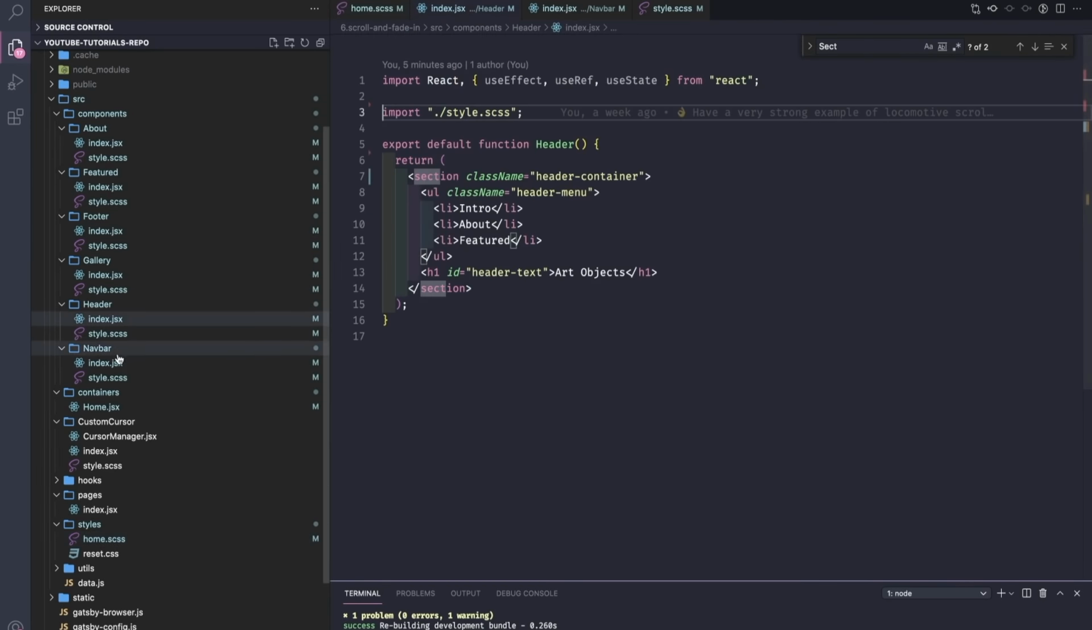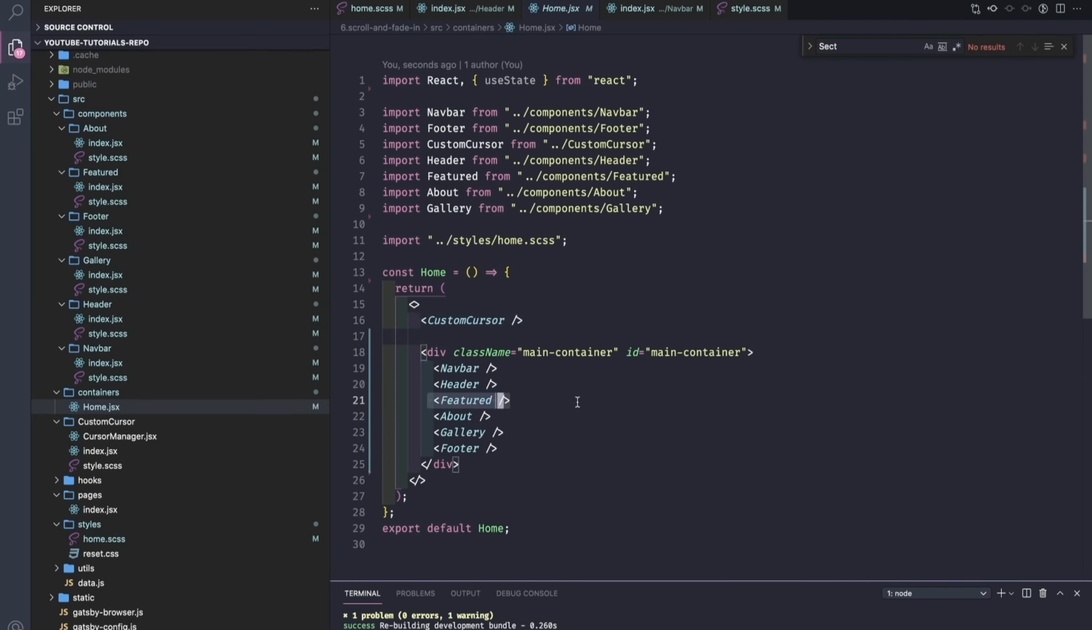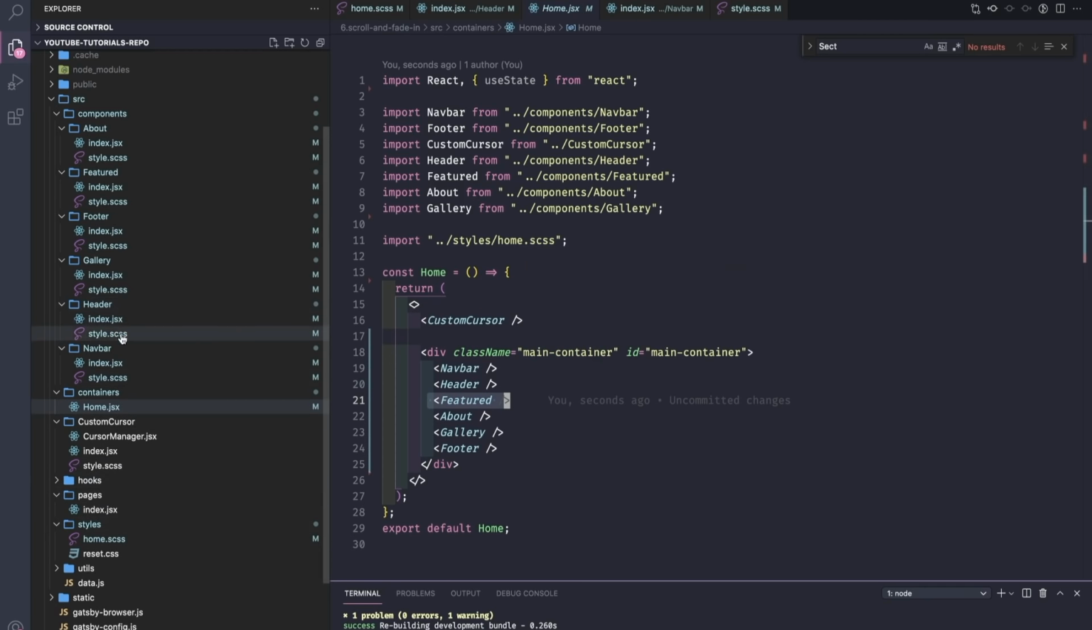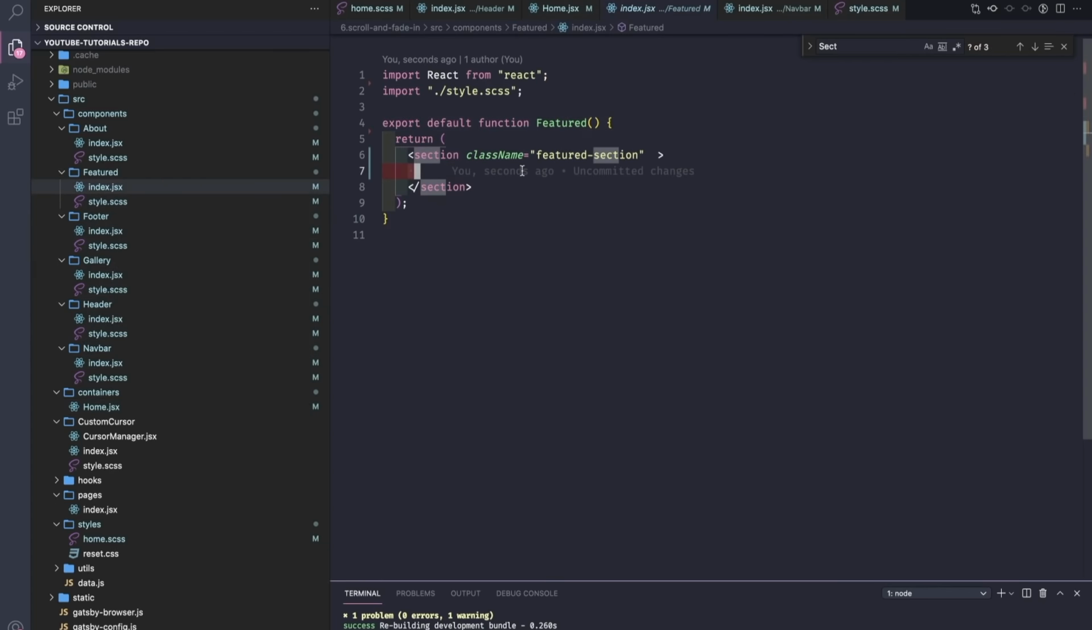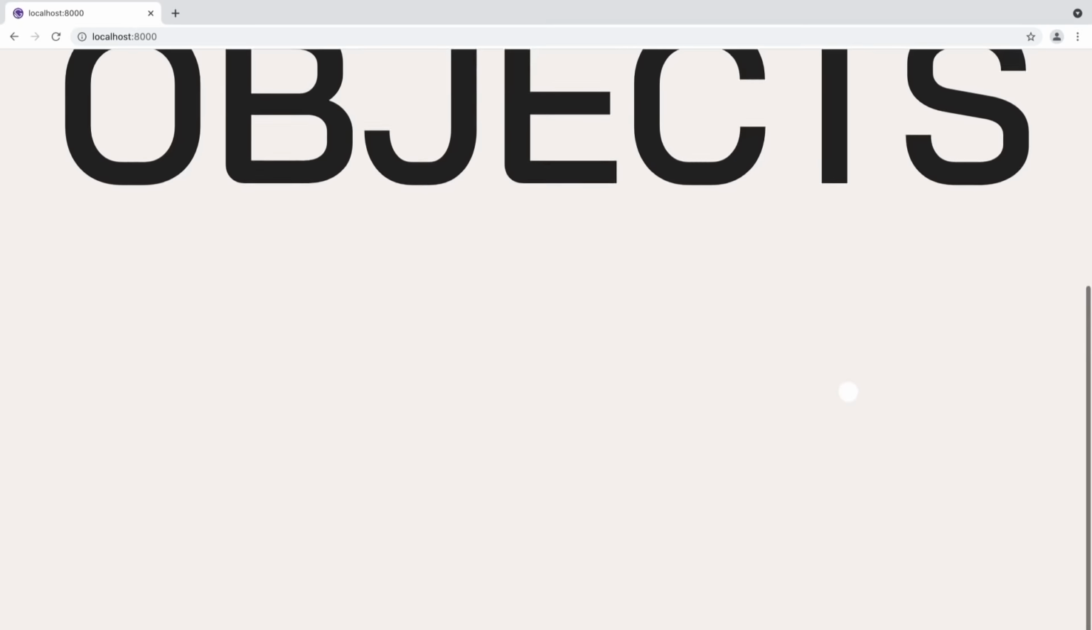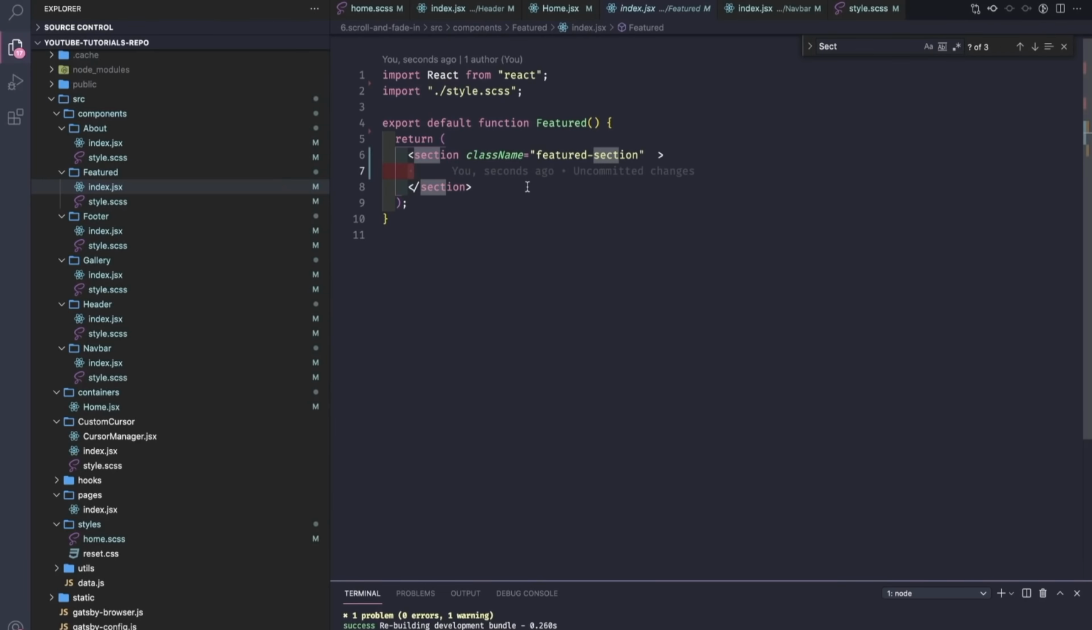Back to home, we'll go to the featured component. Again, pretty simple. It's a section, and here we'll have two images, a smaller one on the left and the one that will get the full height on the right. So let's see, a div here, actually two, class name to be featured row layout,